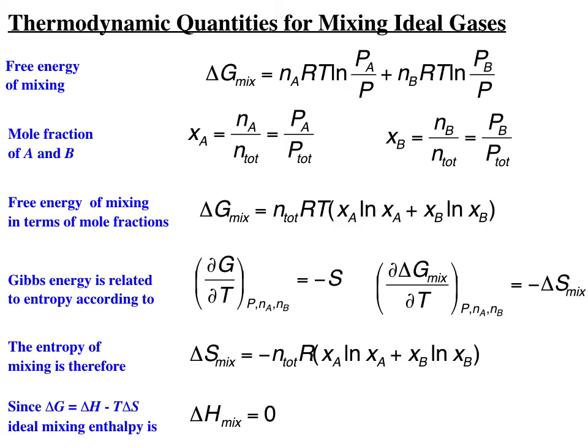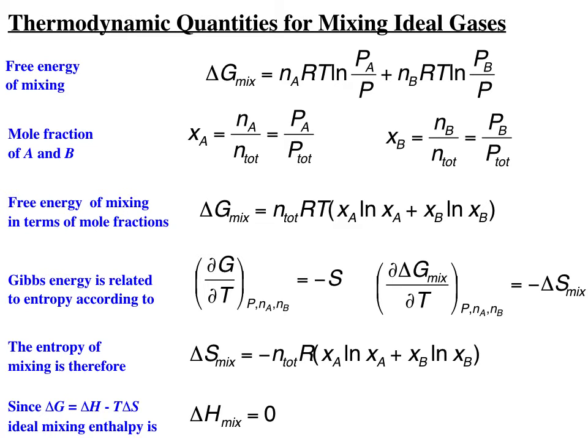And if I now say that dGF would be minus SF, and dGI would be minus SI, and do those two subtractions, I can find delta S mix by taking the derivative of delta G mix with respect to T. So it is equal to minus N tote R times XA ln XA plus XB ln XB. Now, because delta G equals delta H minus T delta S, I rearrange that and get that delta H is delta G plus T delta S,